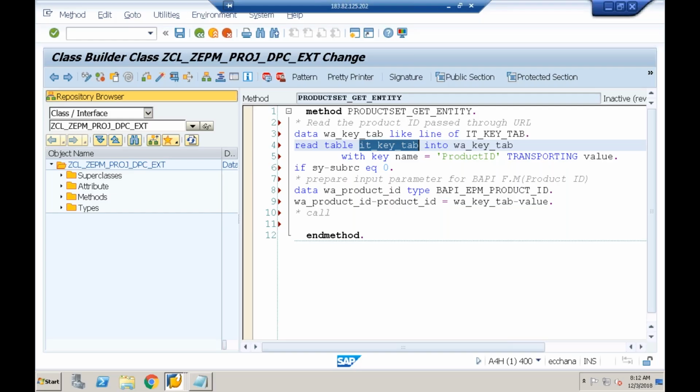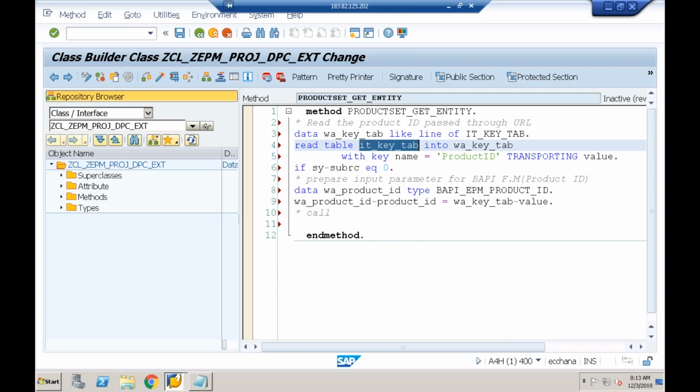If I don't use the transporting addition, unnecessarily it will transport all the fields from the body of the internal table to the work area. Every time we may not be interested in the entire record. We may be interested only in specific fields. So just to improve the performance, I'm using